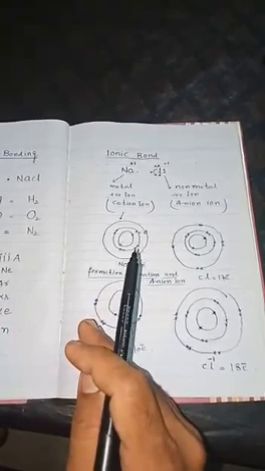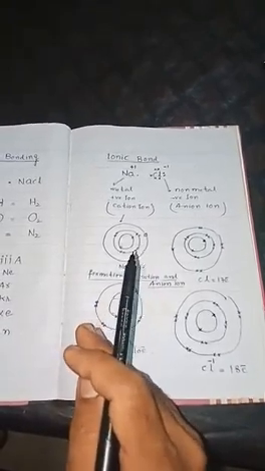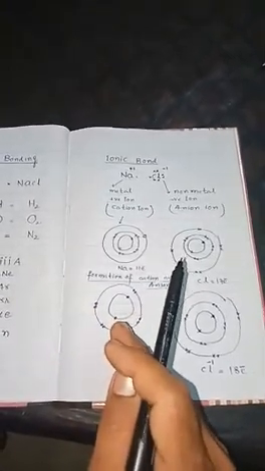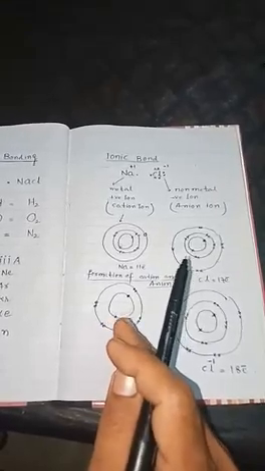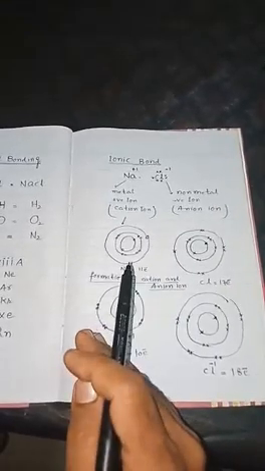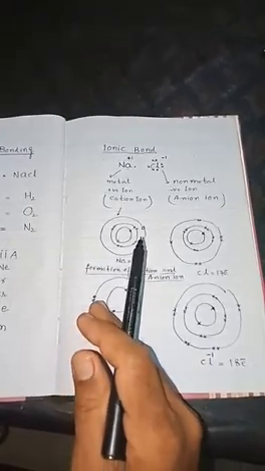Sodium has losing property, sodium can lose electron, and chlorine has gaining property. So electronegativity of the chlorine is greater than the sodium, so sodium will lose